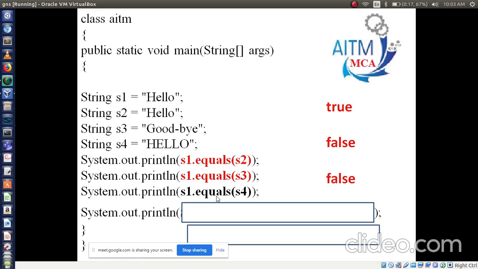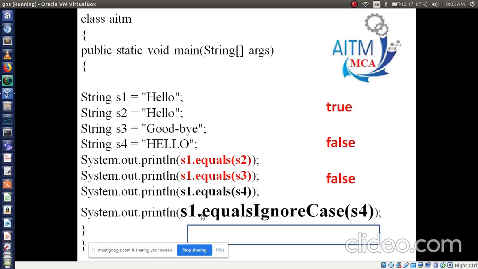Now the last one, observe carefully. S1.equalsIgnoreCase(S4). S1 has the string hello, S4 has the string Hello. Now you tell me whether these two strings are the same or not. Capital Hello and small hello. You are applying the method equalsIgnoreCase.